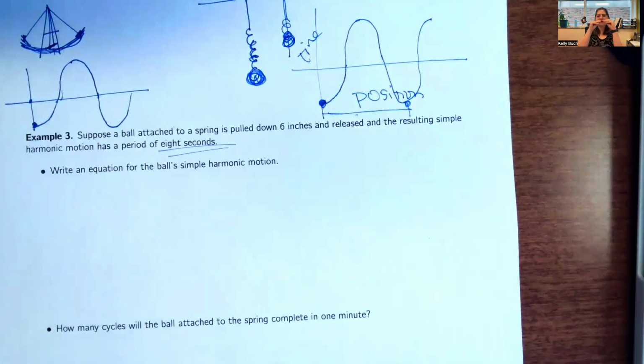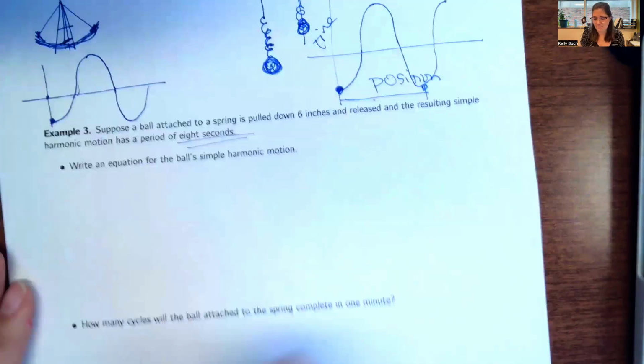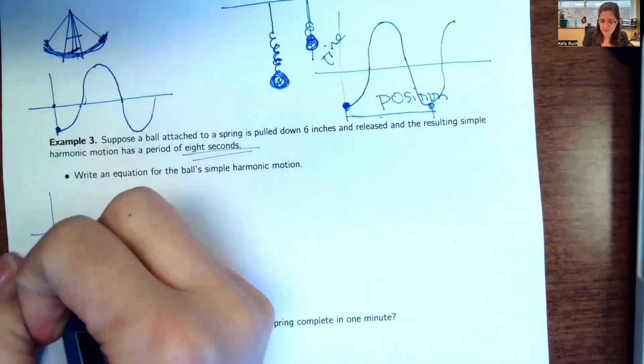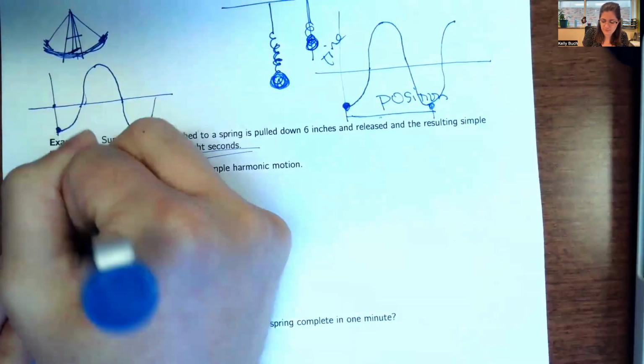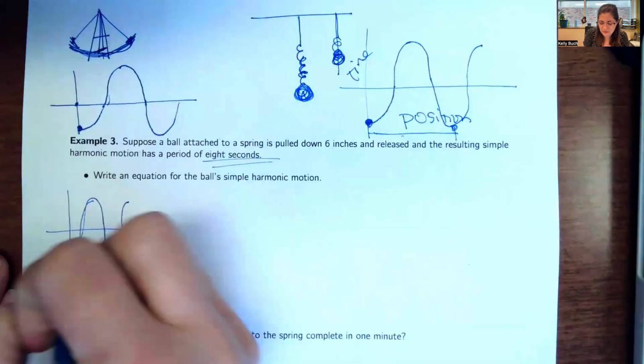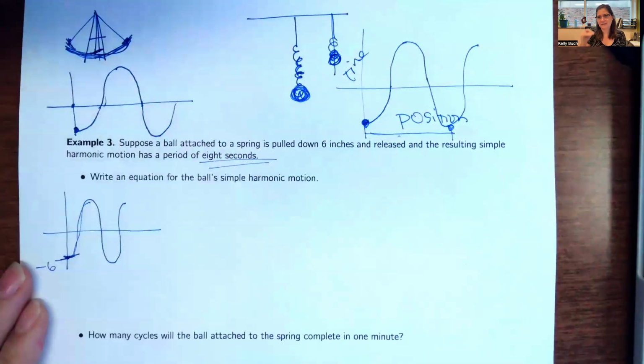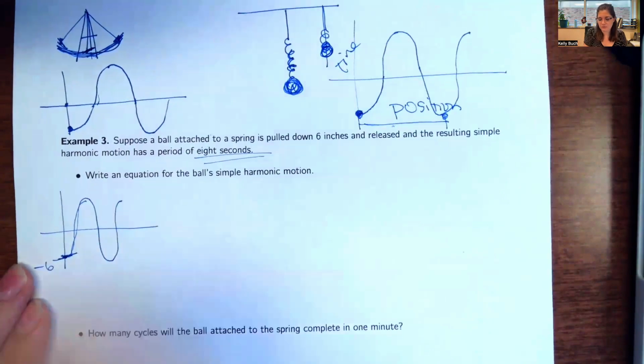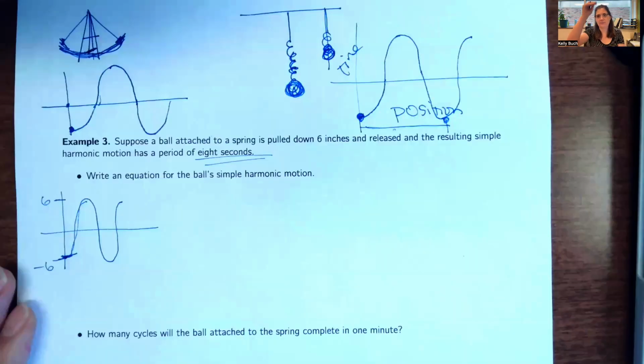Okay, so if we have this spring and I pull it down 6 inches, how far do you think it's gonna bounce back up? It's gonna go back to the middle, but then 6 inches up more. So if I went down six from my neutral, then I would go back up and then go up another six. It's kind of an equal and opposite thing. So when I have this spring moving like this, I'm gonna go all the way down to negative 6 inches below my neutral, and then all the way up to 6 inches above my neutral.